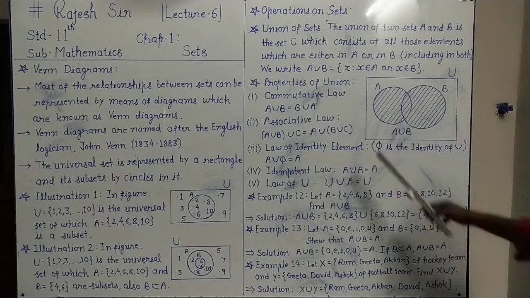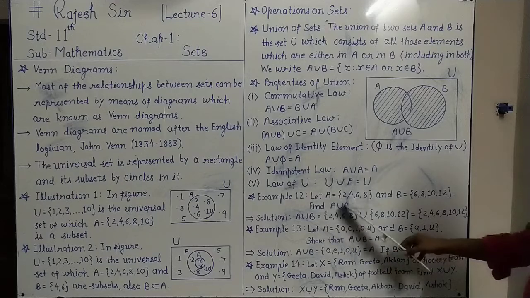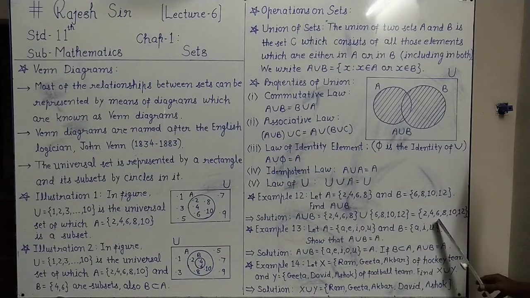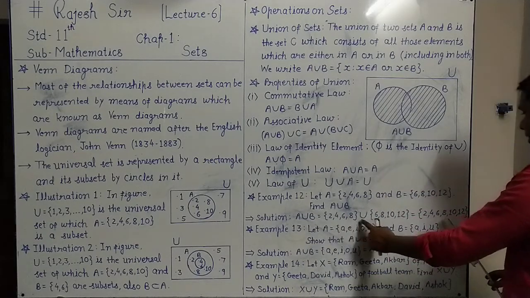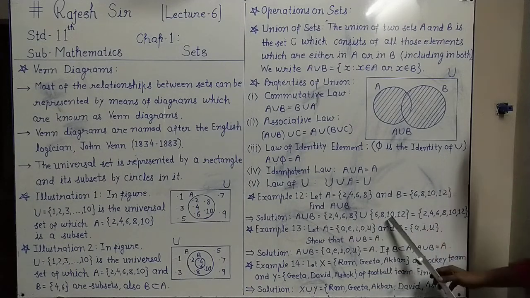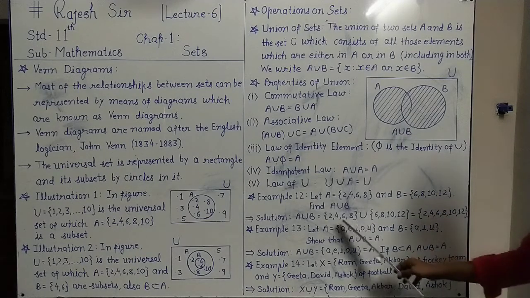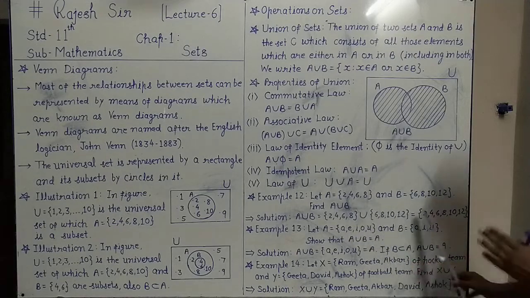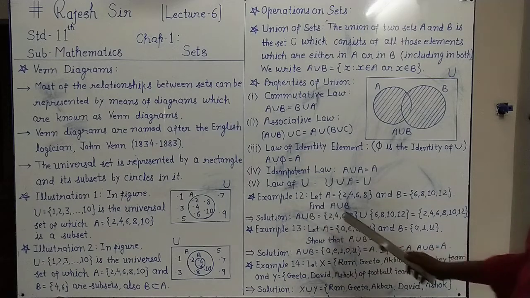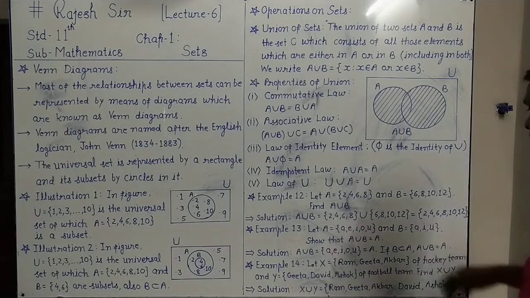8, 10, 12. As we have seen, X belongs to A or X belongs to B means the element in A and element in B, all the elements must be in the union. So 2, 4, 6, 8 of the set A we have to write all, and 10, 12 also of B. So this set shows all the elements from A as well as from B, and the common elements are also present in this. So this is called the union of two sets, that is A union B, because it has all the elements either of A, either of B, either of both.